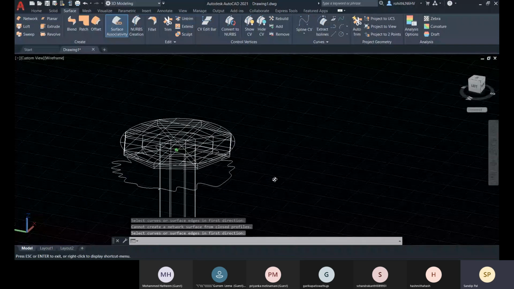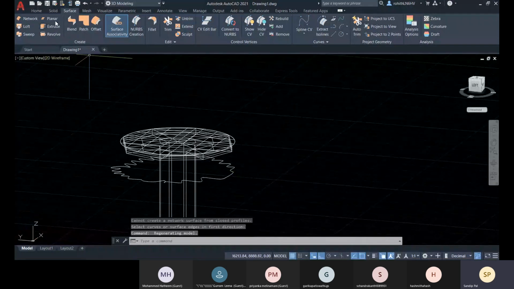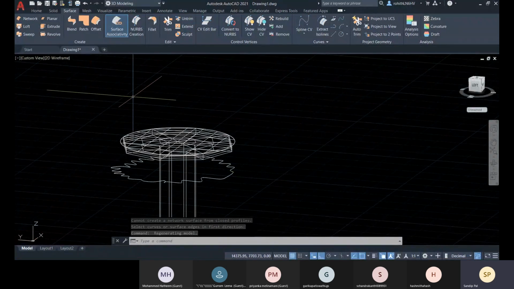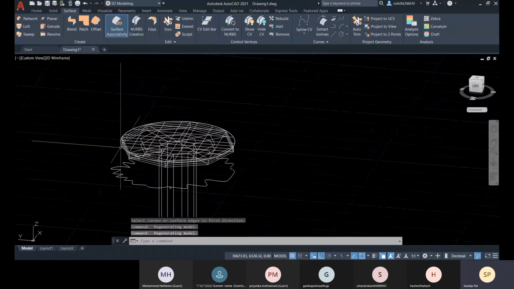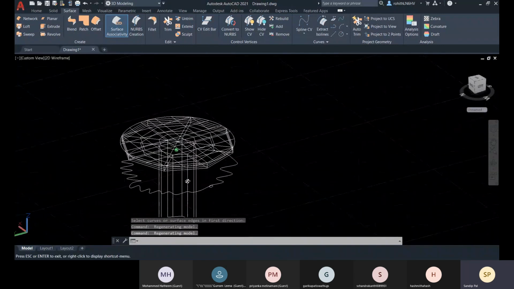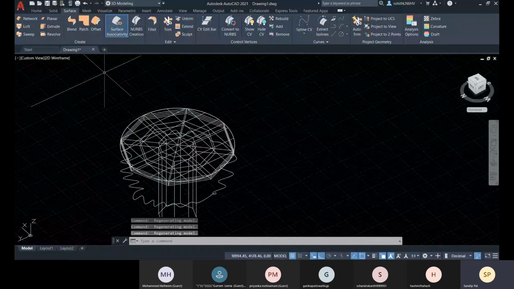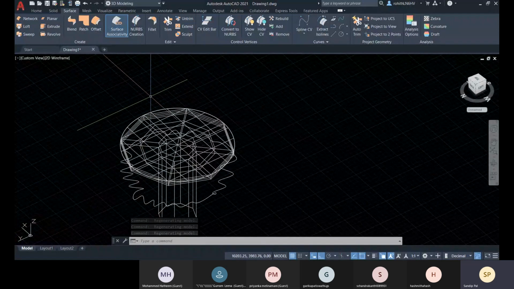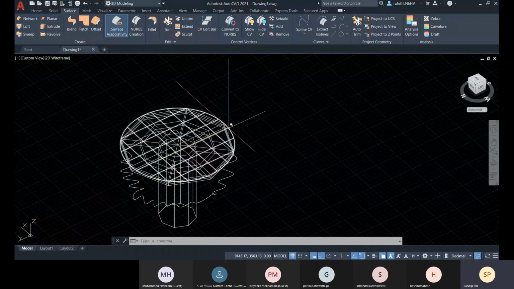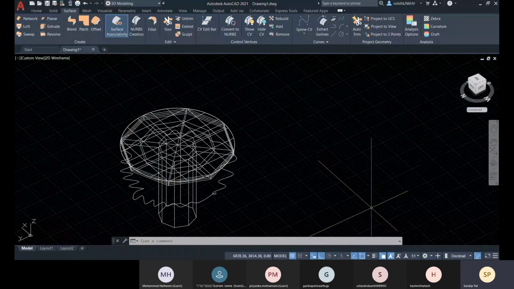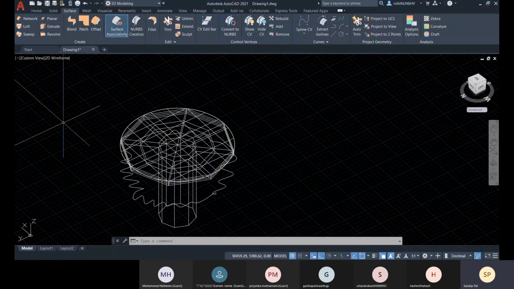Okay, so yes, you can create a tablecloth like that. So I am not getting that option. Okay, let's not waste time. So I'll find out that option. I'm forgetting that option. Please excuse me.